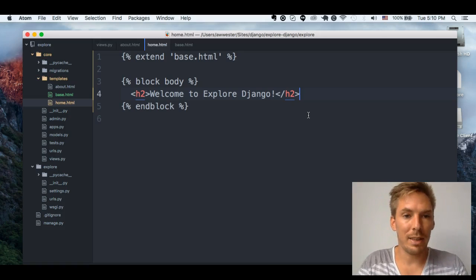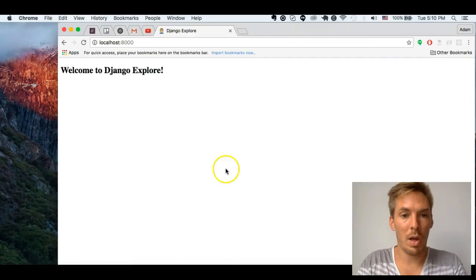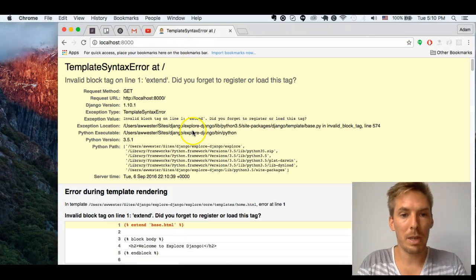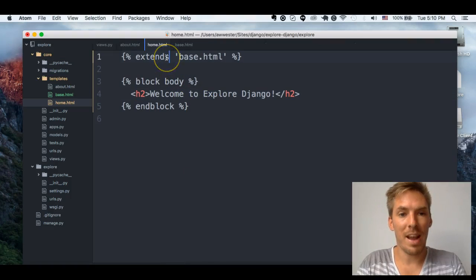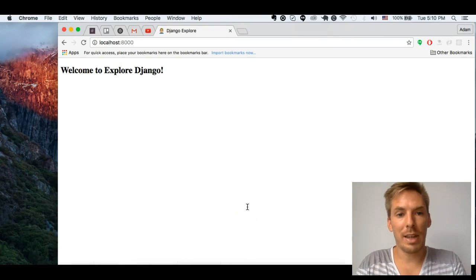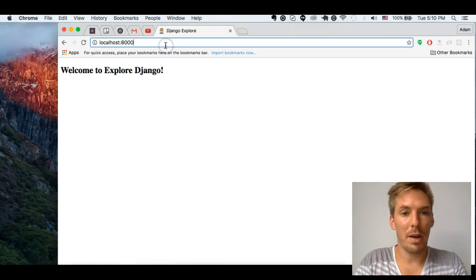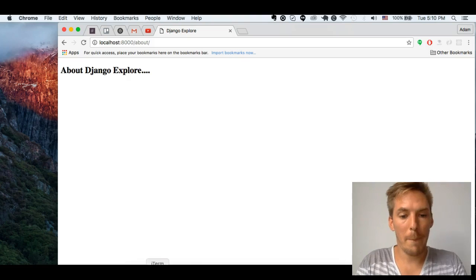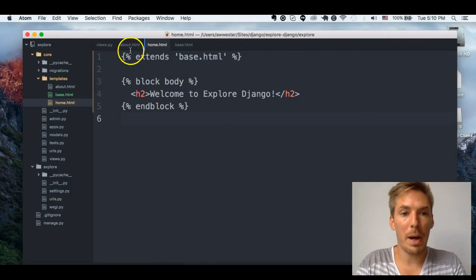And we're going to save that, and let's see if that works. So now when we go to our base URL, we made something. Looks like we just wrote it as extends base.html. So let's try that again, and there it is. That works. About still works, but in our about,